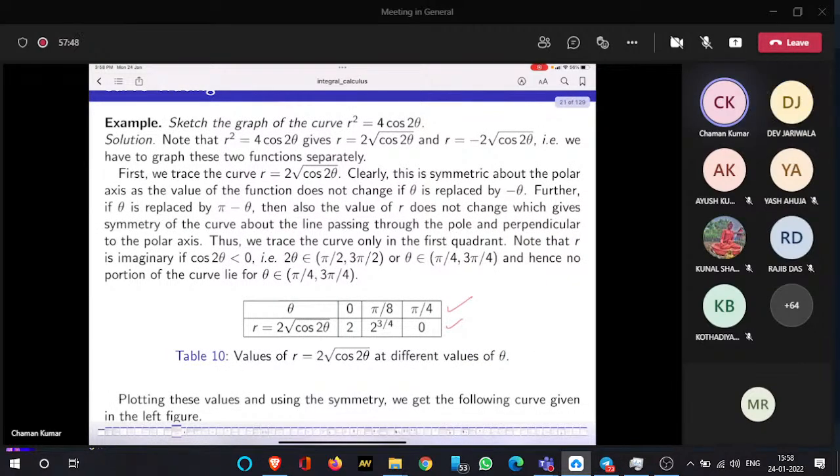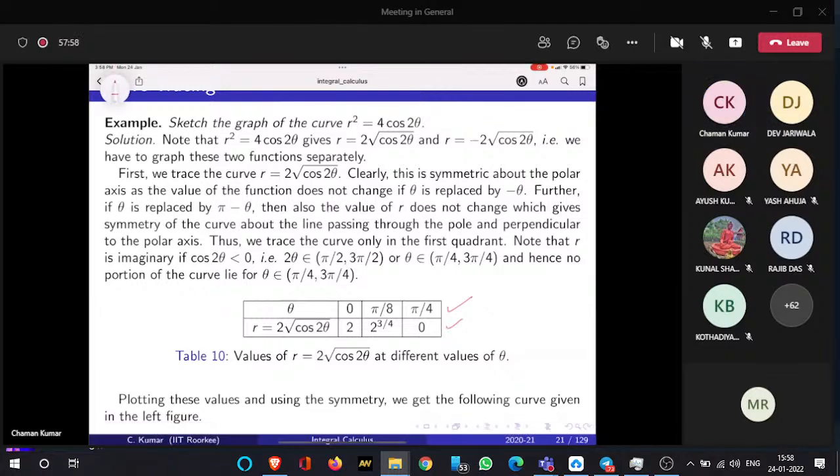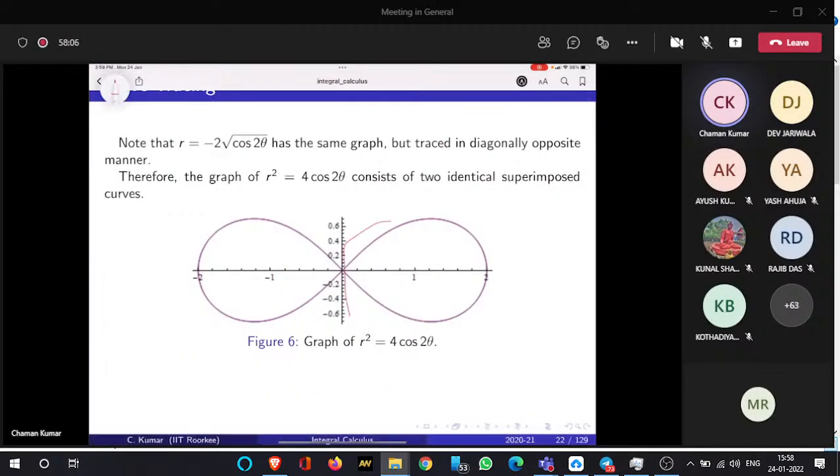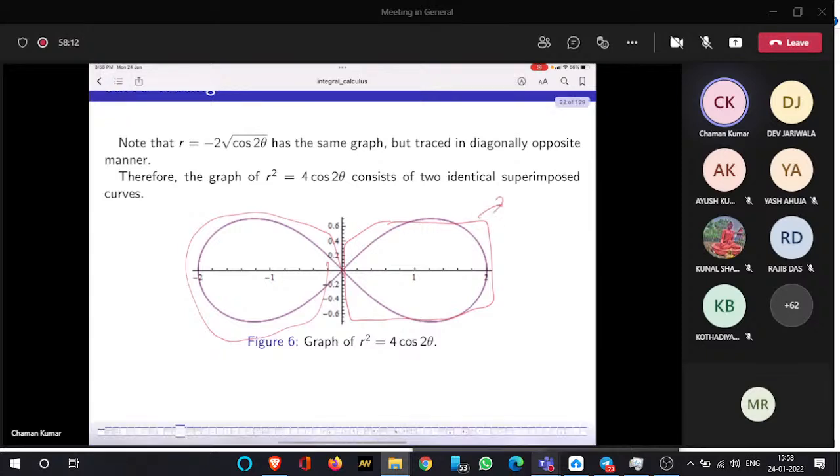Sir, but here we have symmetry also, because this is r square plus 4 2 cos theta. Okay, so you just plot this one, this portion, and the remaining will be the mirror image of the first one. And for the first portion, you take different values of theta,